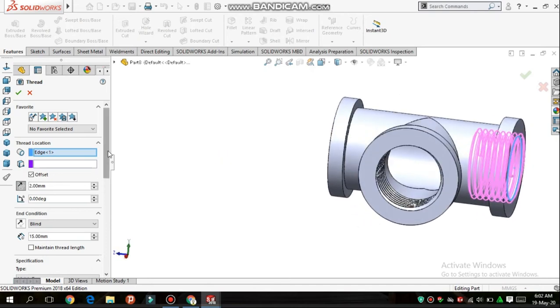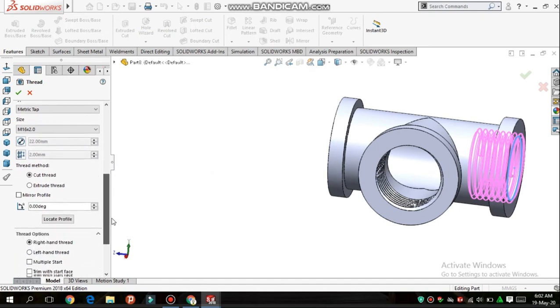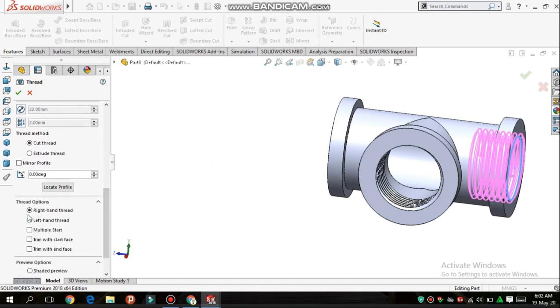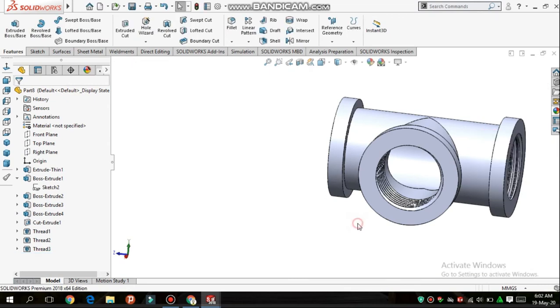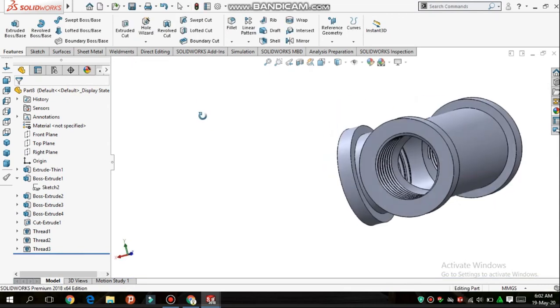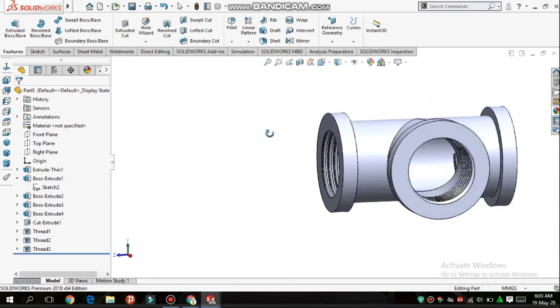Now you can see, metric tab and size M16x2, and now I'll select the left hand thread. That was the right hand thread. Now this is the left hand thread, so select left hand thread, click OK. Now you can see threads are created on all of the 3 sides.